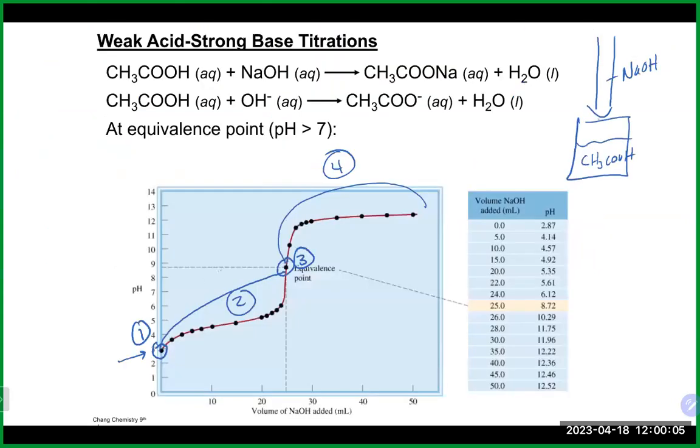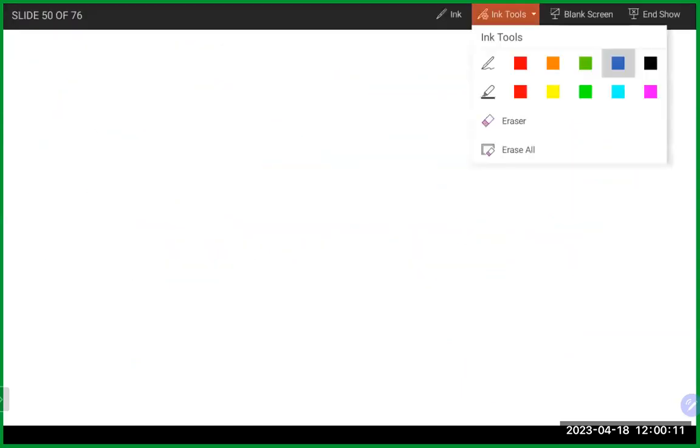So really in this second region here. So let's talk about what happens there. When we get to the second part here, our area of the titration curve, which is really before the equivalence point, we obviously have added some sodium hydroxide. So this again is going to require us to do an ice table. And we will do our ice table in this case with our weak acid,